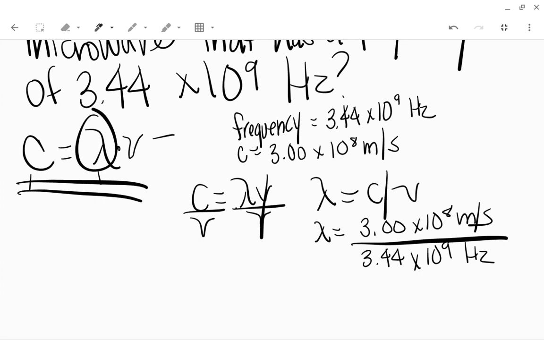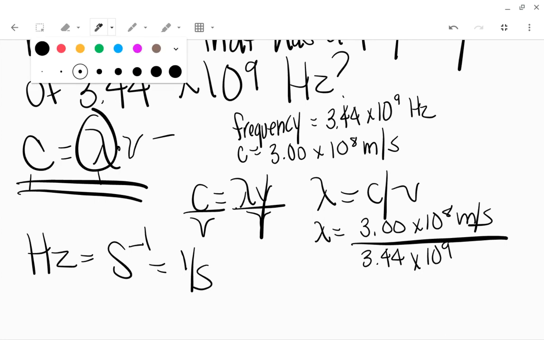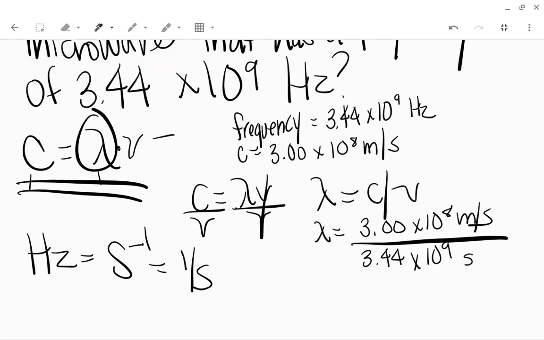Okay. And hertz, I'm actually going to rewrite it because hertz also equals s to the negative 1 power, or 1 over s. So I'm going to write down s to negative 1,